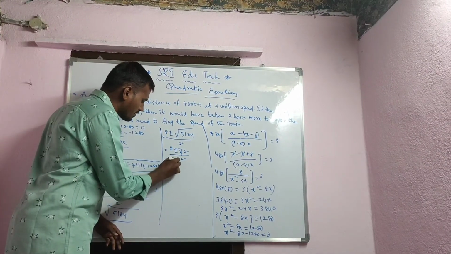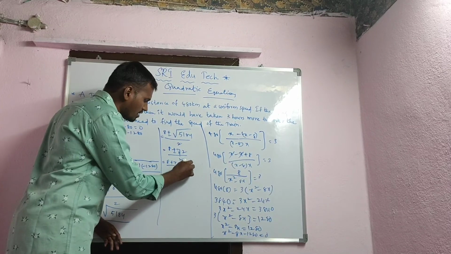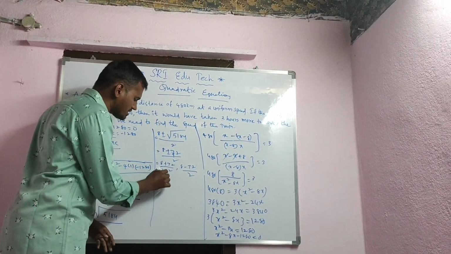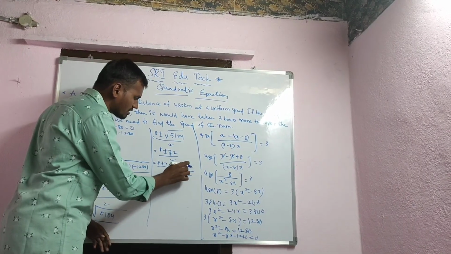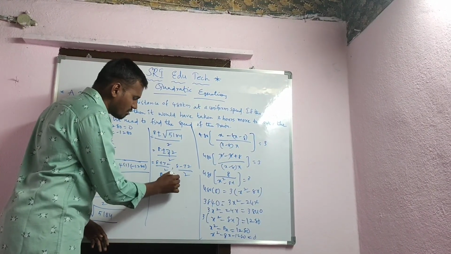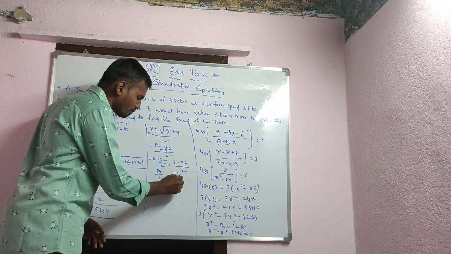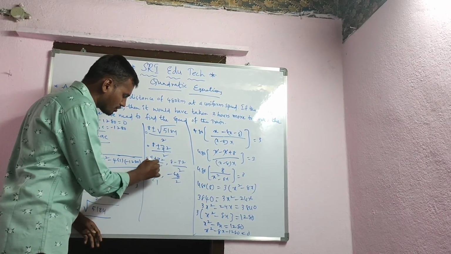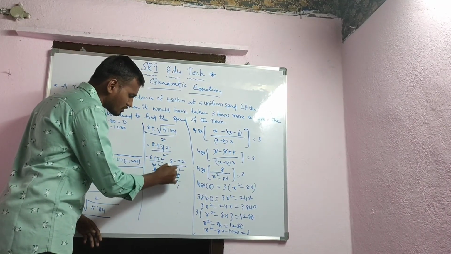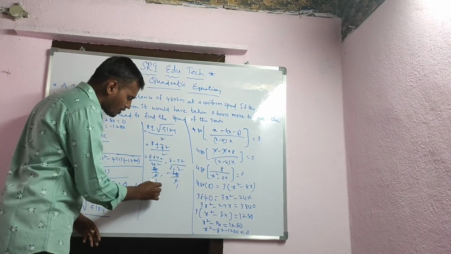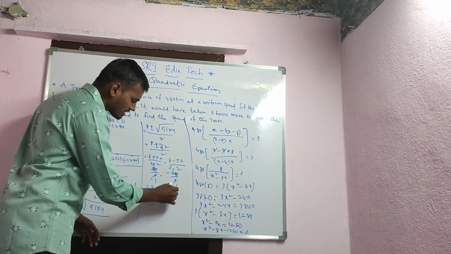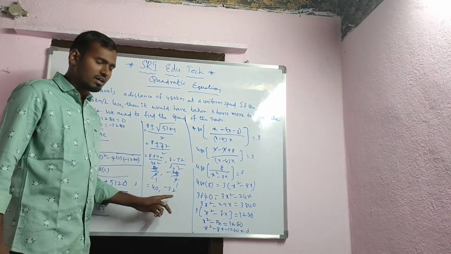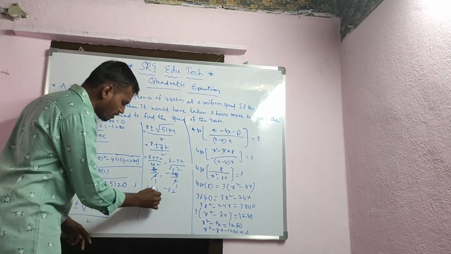Now we have to write down separately, plus one time, minus one time. See, 8 plus 72 by 2, comma, 8 minus 72 by 2. 8 plus 72 is 80 by 2, comma, this is 72 minus 8, means minus 64 by 2. Then cancel it: 2 4s are 8, 40, comma minus 32. Consider only the positive value, don't consider the negative. And what is positive? x is equal to 40.